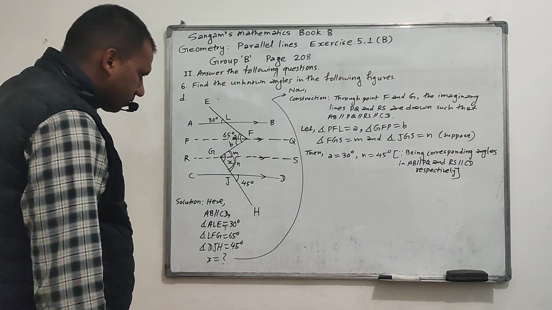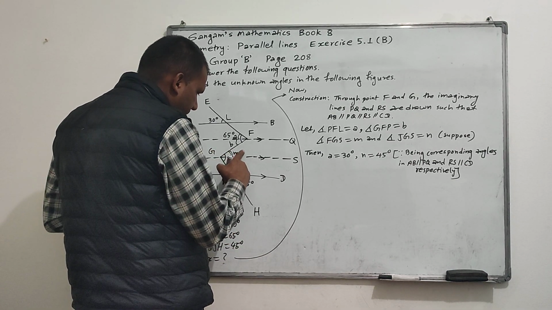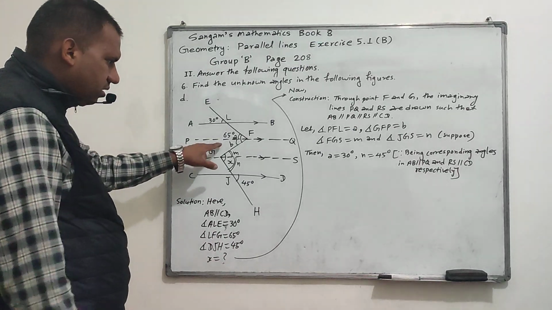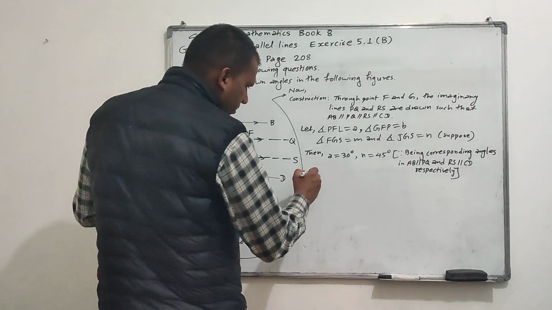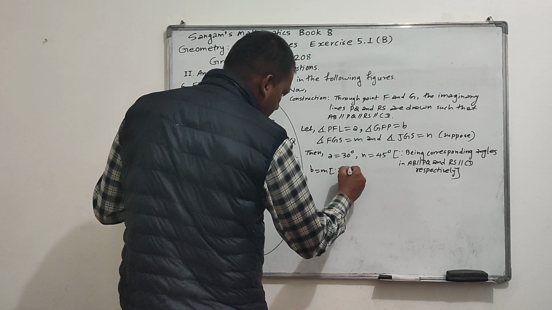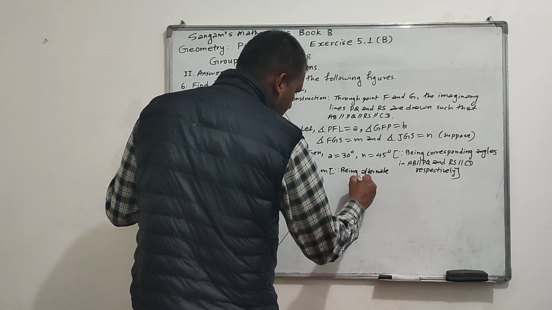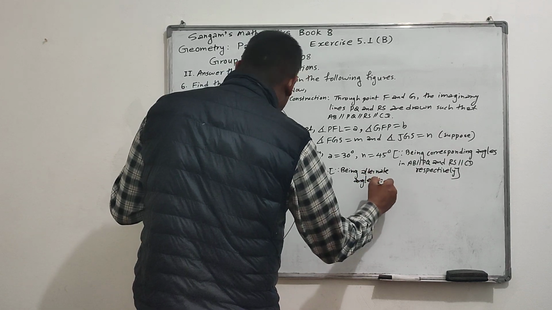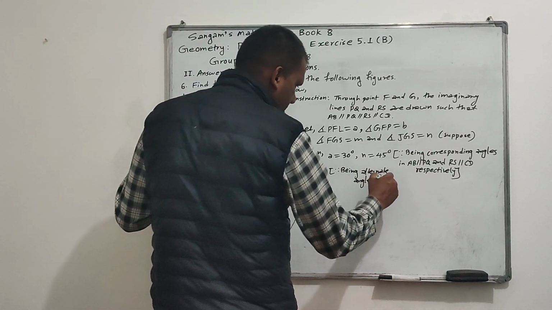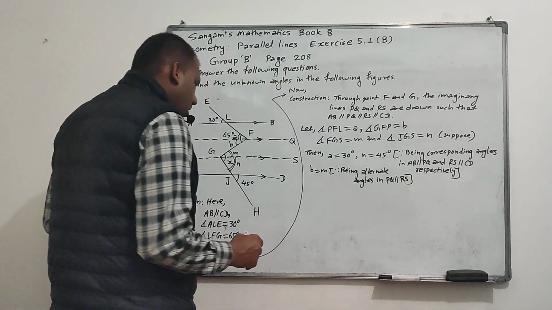Similarly, B equal to M, D equal to M, they are alternate angles. B equal to M being alternate angles in PQ parallel RS. After this,